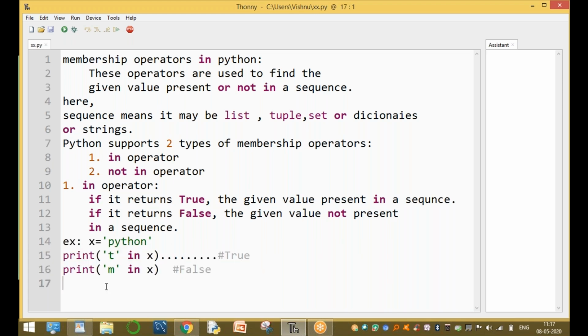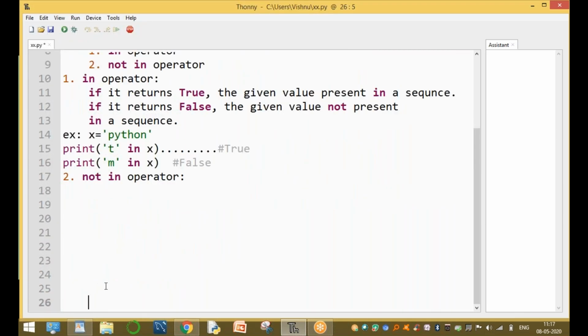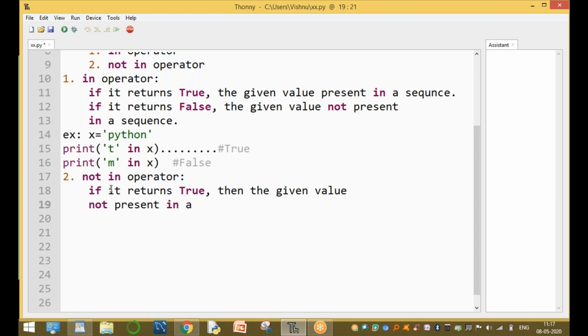Again, one more example. The second syntax is the not in operator. This is completely the reverse of the in operator, the opposite of the in operator. If it returns true, then the given value is not present in a sequence.